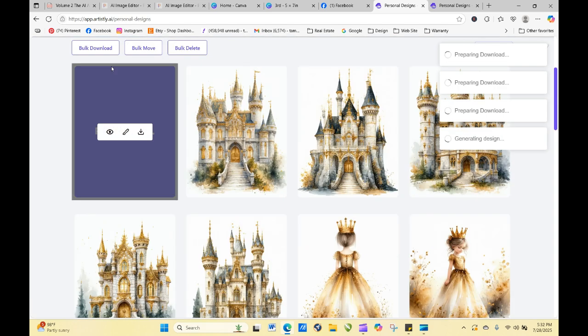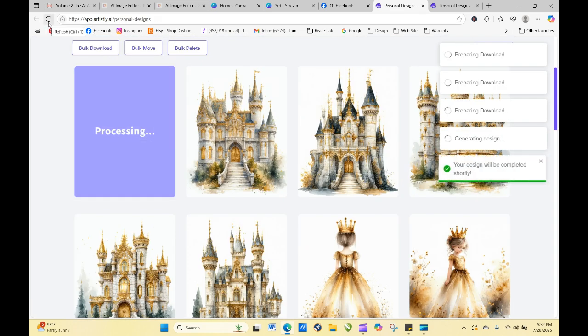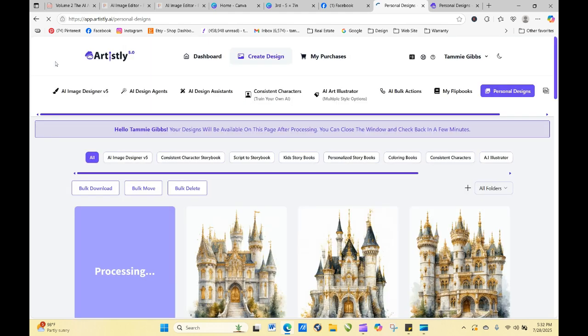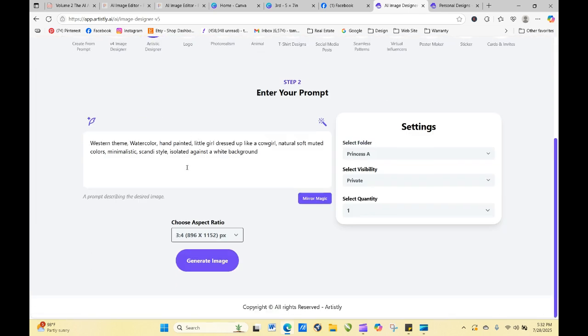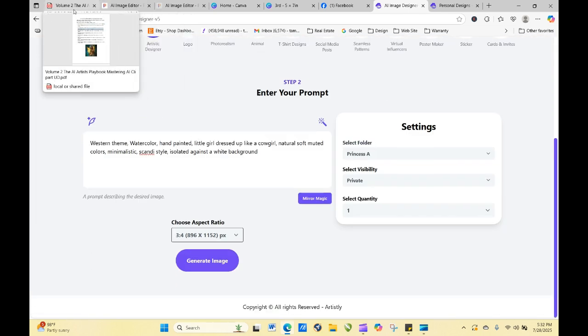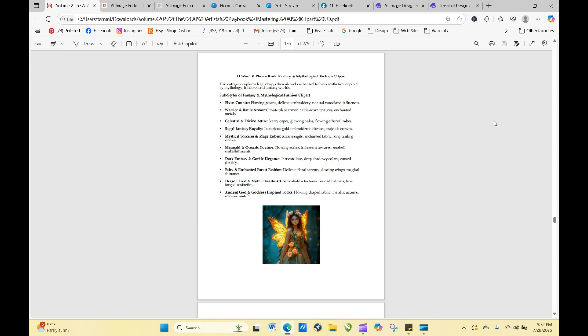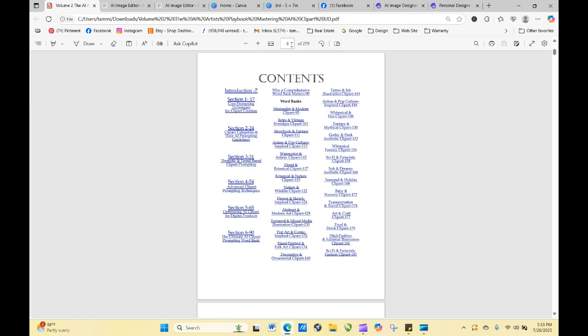And then we're going to make a couple of different adjustments. I'm going to go in here and see if we can find some other